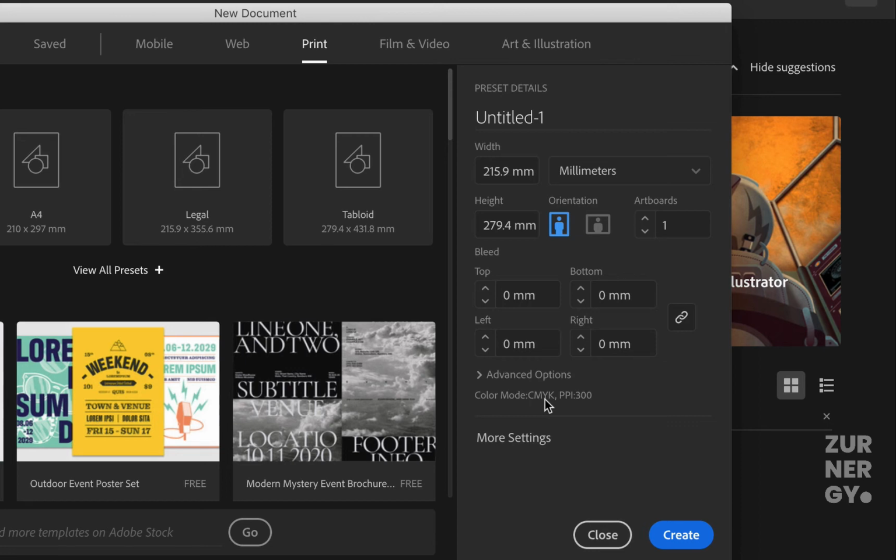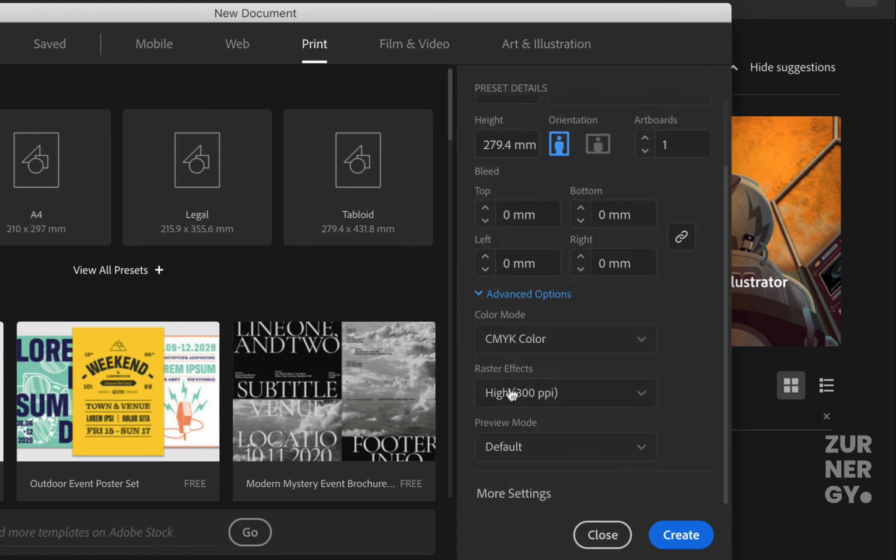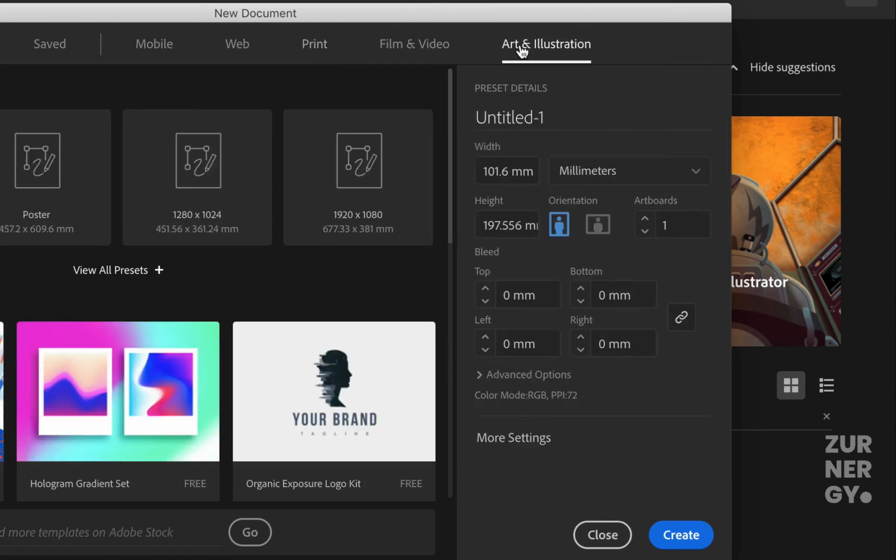So for printing, it's actually preferable if you use CMYK, and it's best if you use your raster effect as 300. It's okay if you're using 300, but there are some cases where your file will be too big and you won't be able to export using 300, but we'll be talking about that later. So for this case, since I'm creating for my digital screen,